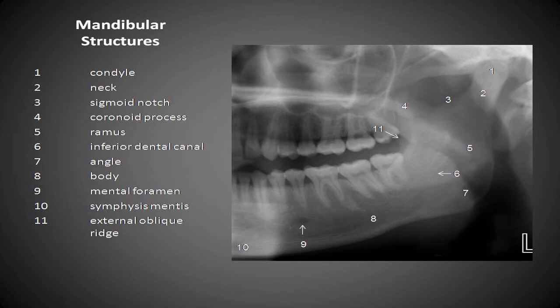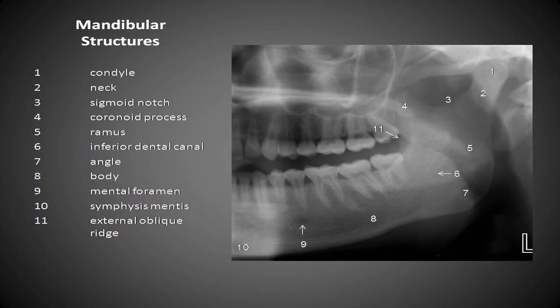The coronoid process is mostly overlapping. Since the patient is partially closing his mouth, it will be seen overlapping or very close to the third molar. Sometimes in some patients it will reach as far as the second maxillary molar. Most of the time it will be overlapped, but you can see the outline of the coronoid process clearly in most cases. And then the ramus of the mandible, again a very important structure which can be assessed with panoramic